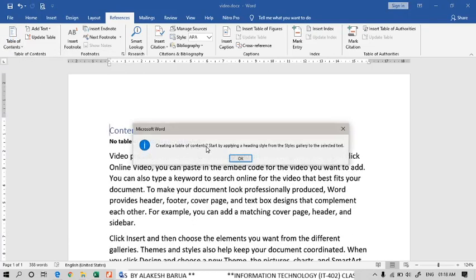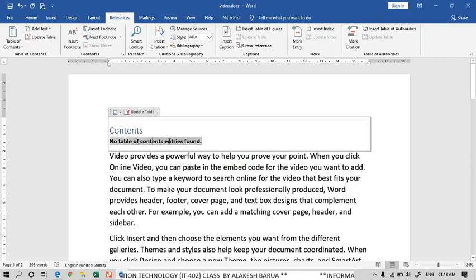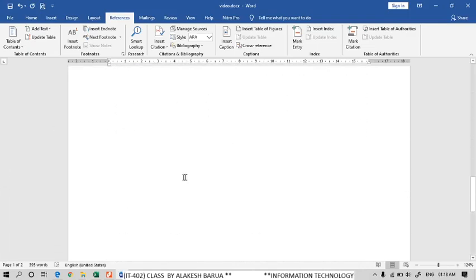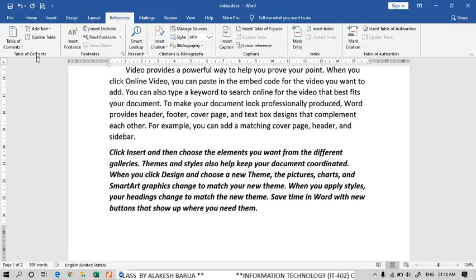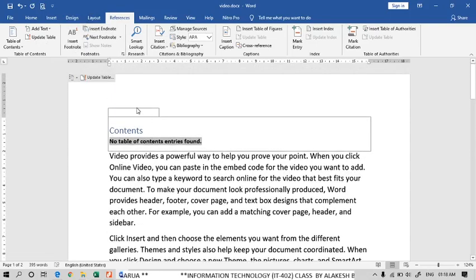Now it's showing that creating a table of contents, if you have contents, then only these contents will be clickable. If you click, it will go to that part of the document. No table of contents entries are found here because I have not formatted the document to insert a table. So if you want to use the commands of this tab, you have to be very good with the